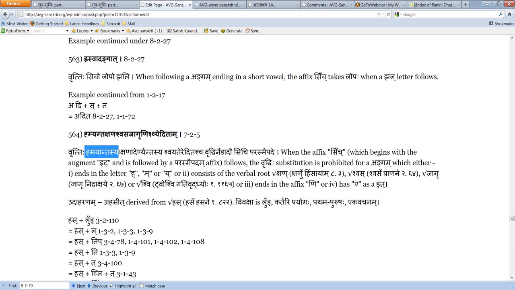So ending in Hakara, Makara, Yakara. Then Kshana Dehe. So Kshan, Shvas, Jagru, and then Shvi. Then Shvayatehe cha. And Nyantasya, ending in a Ni also. Vriddhir na. Idado Sichi Parasnapade. Idado Sichi Parasnapade. So these dhatus also. Hamayantasya, Kshanadehe, Nyantasya, Shvayate,